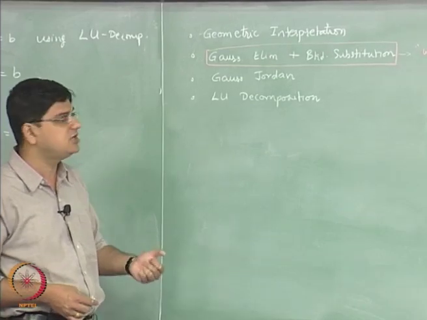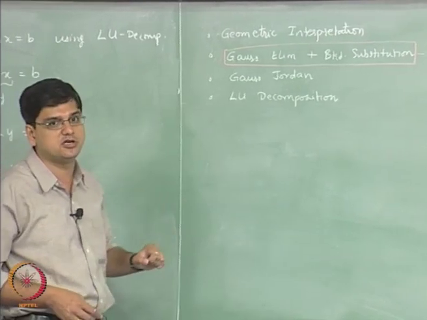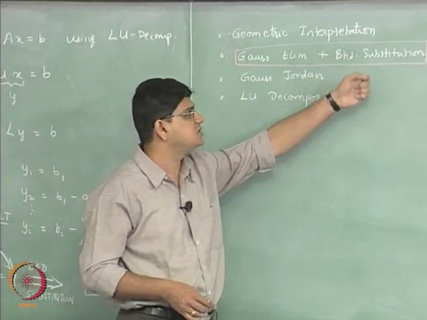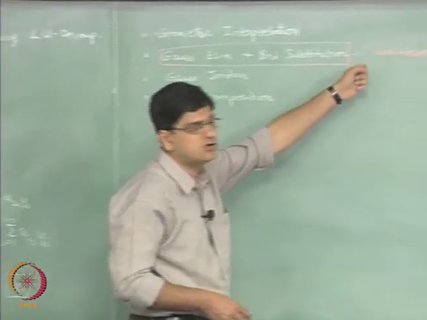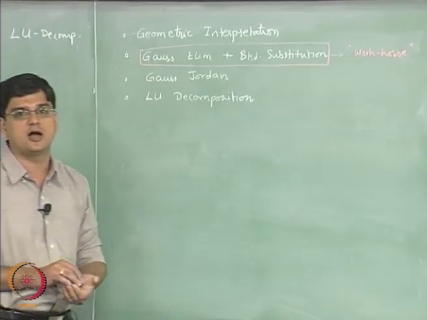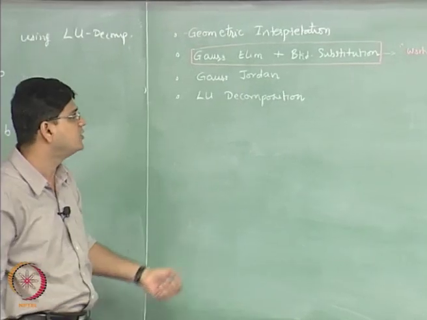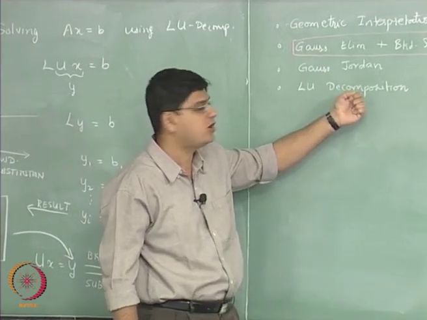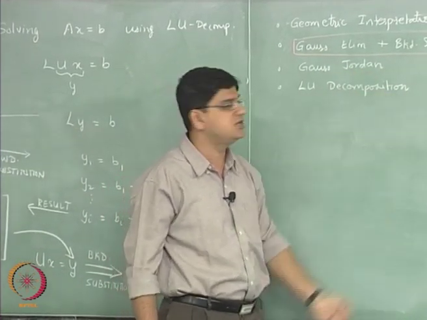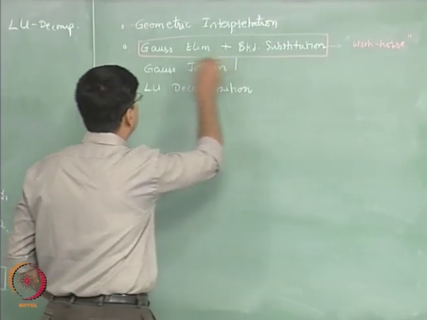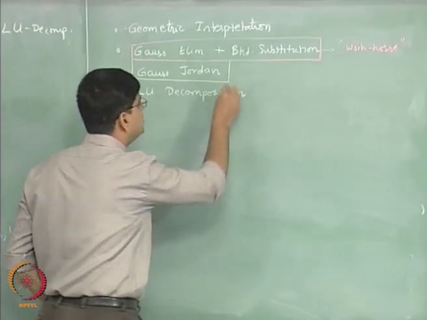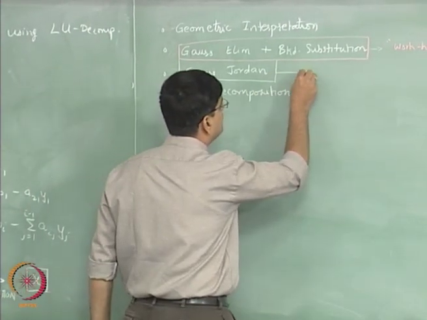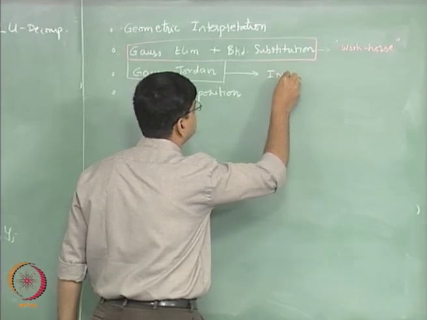So it becomes really a big issue how much computational time you are going to spend in order to solve these problems. As a result, this Gauss elimination plus backward substitution is the workhorse. There are a couple of modifications that I am going to talk about in the next lecture that are very essential, which we have not yet covered. The Gauss-Jordan method is very popular also. A lot of people actually prefer to use Gauss-Jordan over Gauss elimination as well, but it is especially useful in finding the inverse of a matrix.